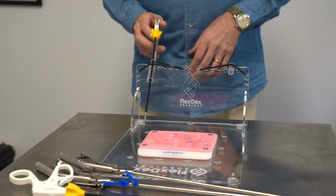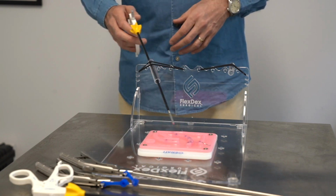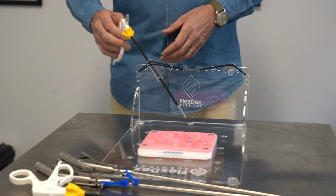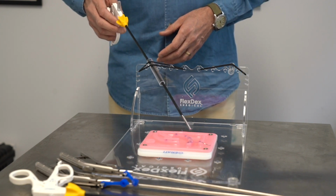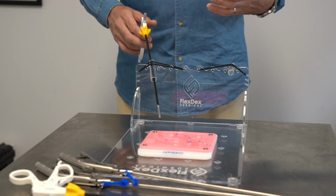It's the same with laparoscopic surgery. Because there's a fulcrum at the body wall, you have to learn to reverse your movements on the outside of the abdomen. For example, if you want to move to the left inside the abdomen, you have to move your hand to the right. If you want to move down inside the abdomen, you have to learn to move your hand up. And so all of these movements are reversed, but again, with practice, they can be achieved with great